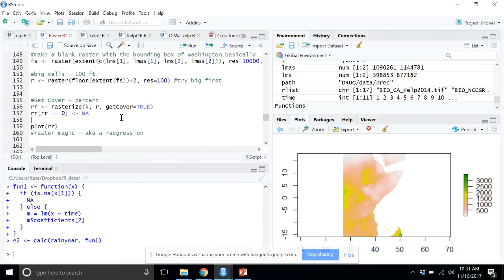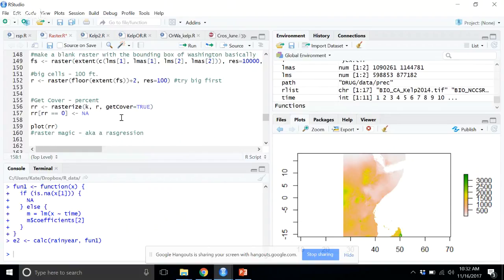Another thing you can do, and what people usually start with when you look at tutorials with this, is making your own raster, like a blank raster to rasterize your shapefile data or your point data. I'm not actually going to run this, but getCover is a really fun function, because when you rasterize your vector data, you'll be asked to summarize it in some way. You can do counts or sums. You can do the average. In this case, I think this one's super cool. This is the getCover function,